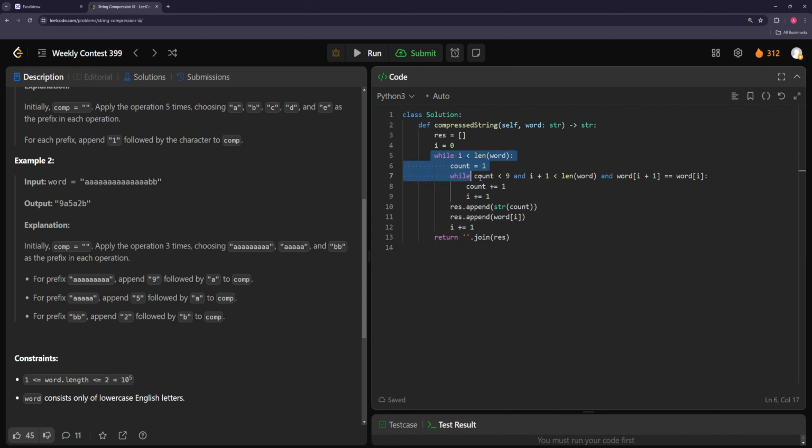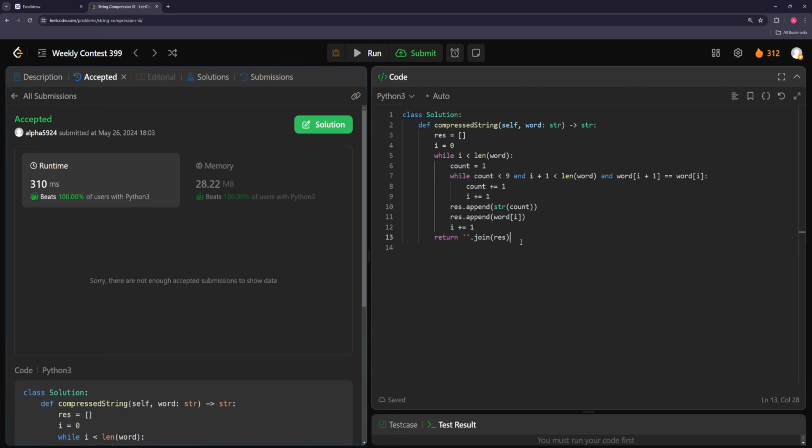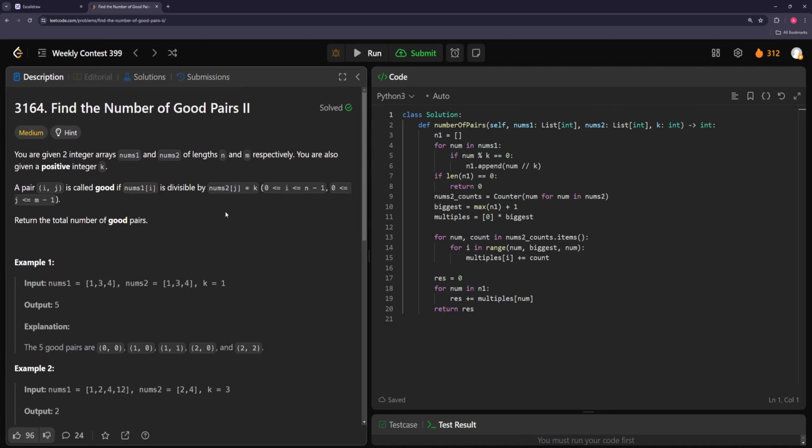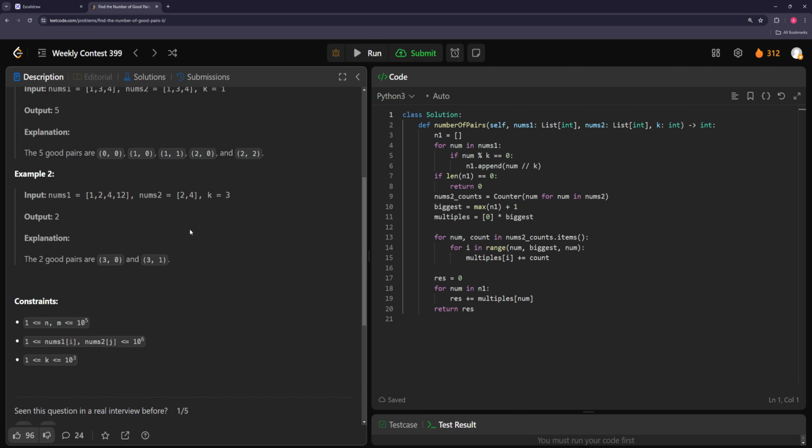So pretty straightforward. Just go through the thing, get up to 9 of the same character, and then append the number that you have and the character and return it joined. Like I said, this will be a lot worse if you just were to manually keep adding this to a string. Okay, so this one, the third one, is basically the first problem,